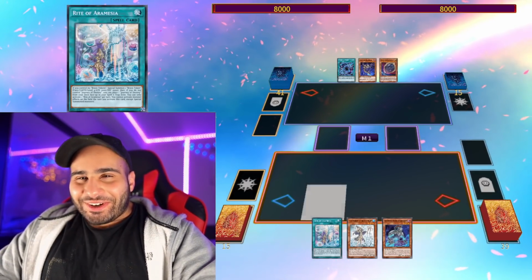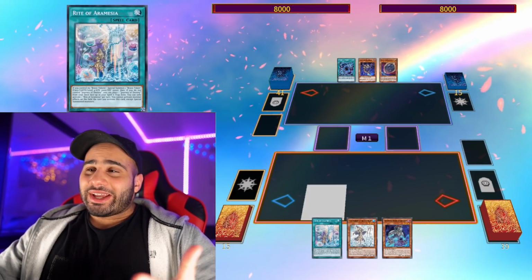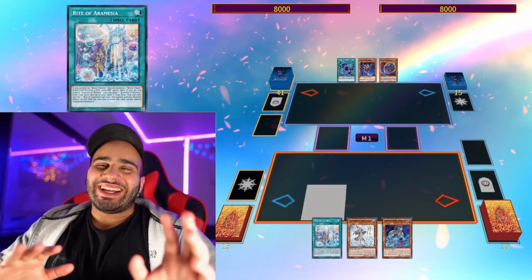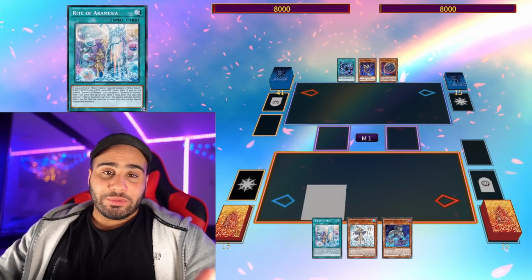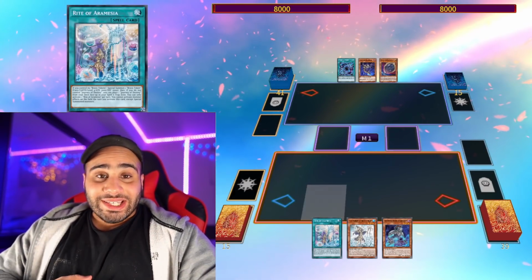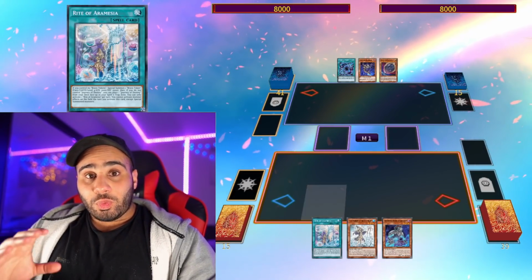What's going on, guys? This is Miyasin, and today I will be showing you probably the most cancer combo that exists in Yu-Gi-Oh! right now. Well, not right now in the TCG, it exists in the OCG, and it's just a matter of time before we're gonna get this. So for YCS Pasadena, it's already 100% confirmed that this combo will exist, and the reason